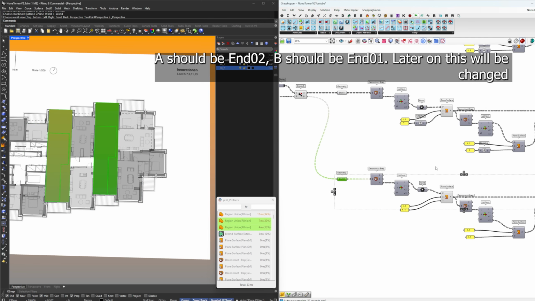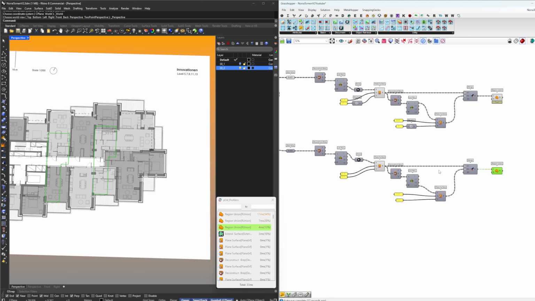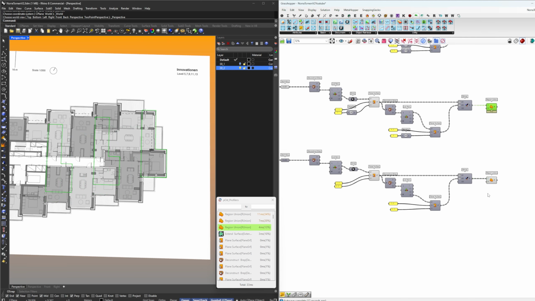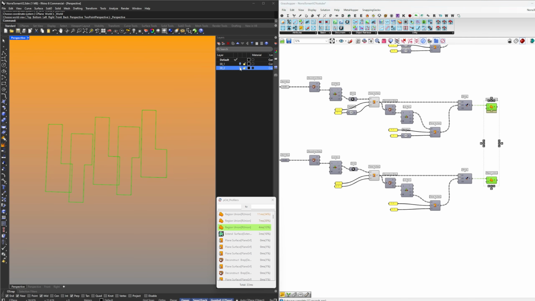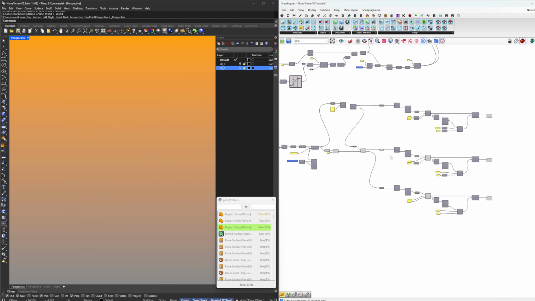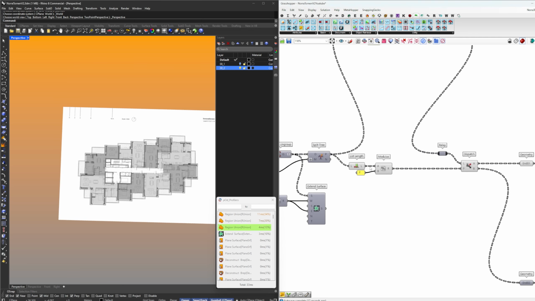No, this is not going. Okay, so I think we maybe need to put the, okay, that's good. Now we have the alternating. And then we have this one on the top, which is on this end. Perfect. So basically, we can make the same